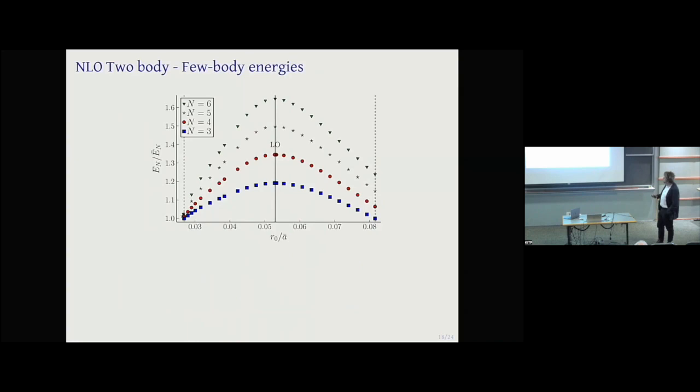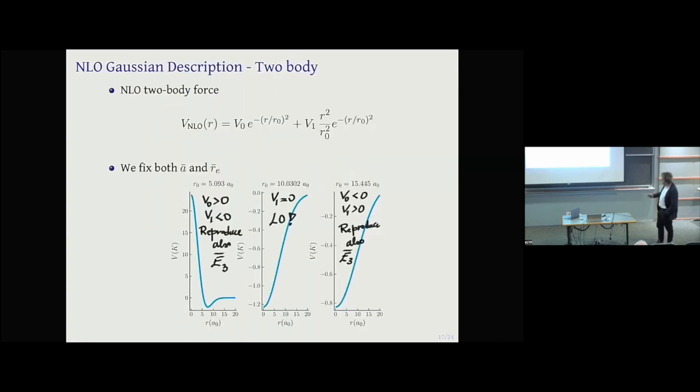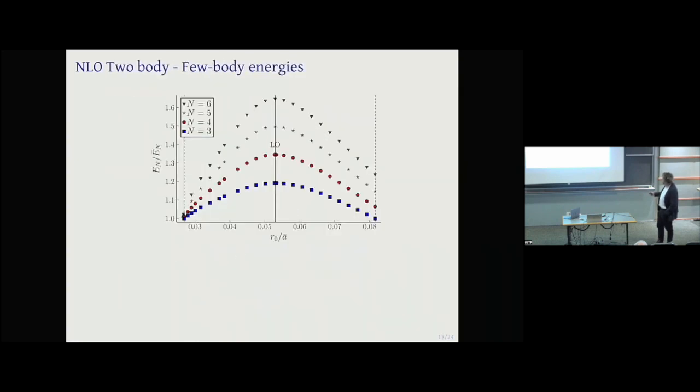And these three potentials correspond to these three lines. So the dashed vertical lines are just the extreme cases where I also reproduce the three-body force. In fact, if you look at the three-body, here I have 1 and 1. And in the middle, I have the leading order. So clearly, even in this case, I see that my system is not stable.